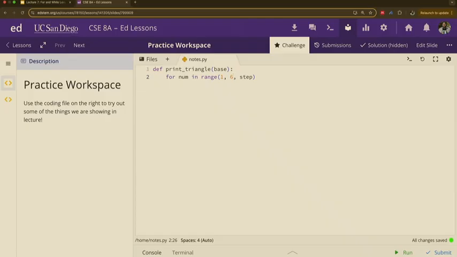It doesn't include the last one, right? Then we got the step, right? How many times do you want to skip any numbers, or do you want to stay with one number, like stepping by ones? Step by one. Okay. All right. So now what we can do is we can print stuff out, right? We can print out an asterisk. Let's see what happens when we do this.